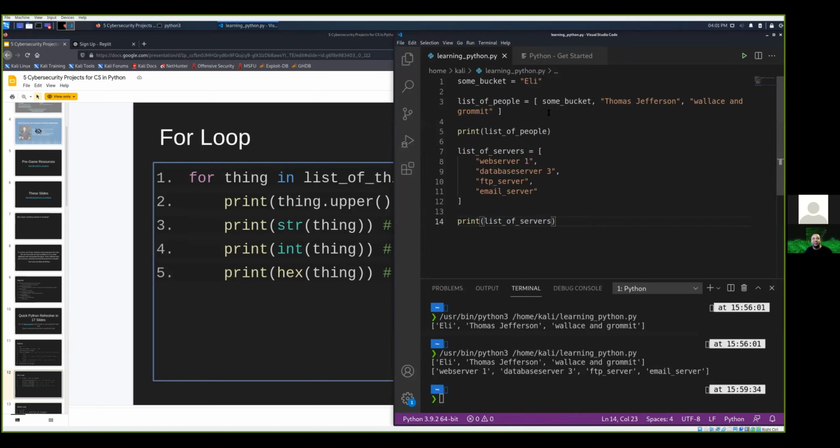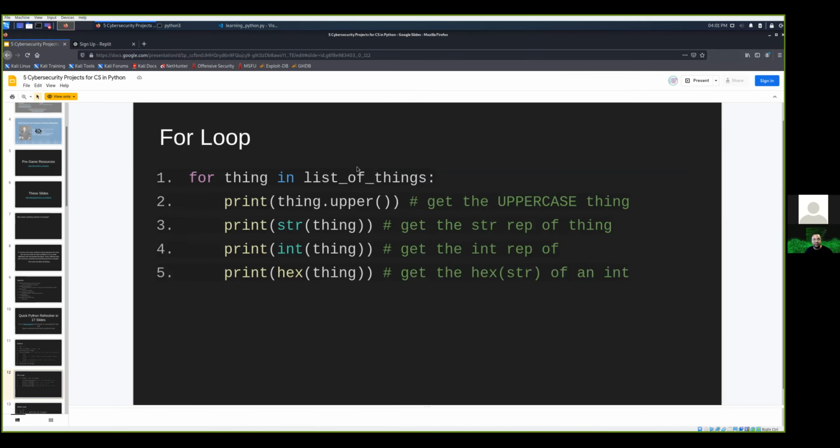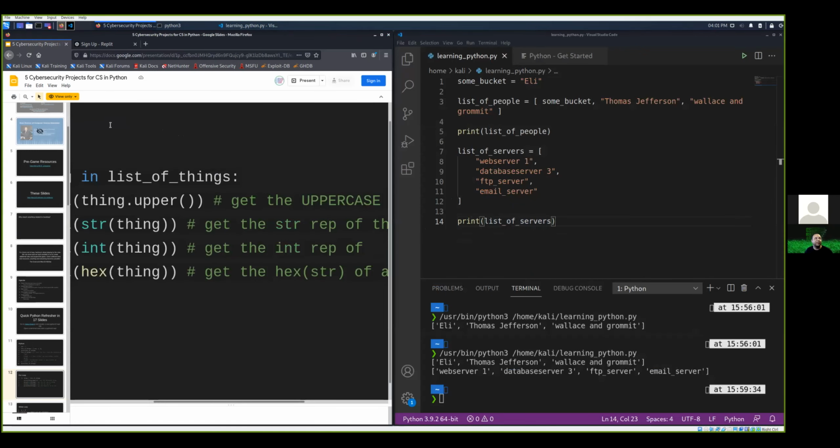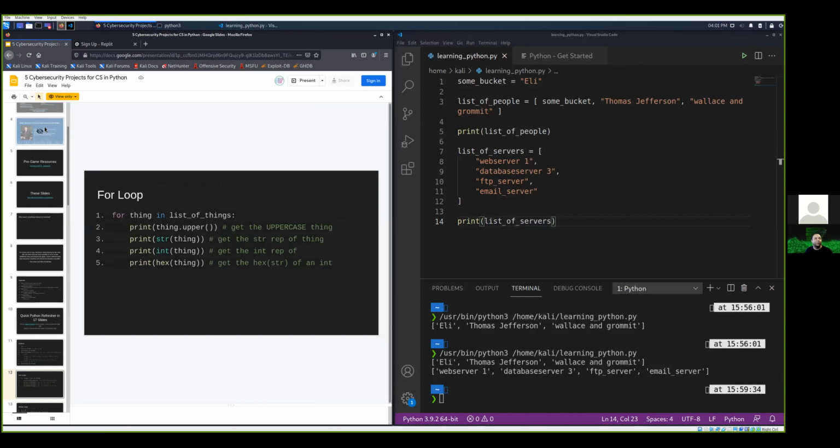All right, so I have a list of servers. So let's make this for loop come into fruition. Let's push this over to the side. Can I do that? 100%. You can still read that. We can read it right here too. Great. All right, so how does this work? I say for, what are we dealing with? We're dealing with a list of servers. So for every server in the list of servers,